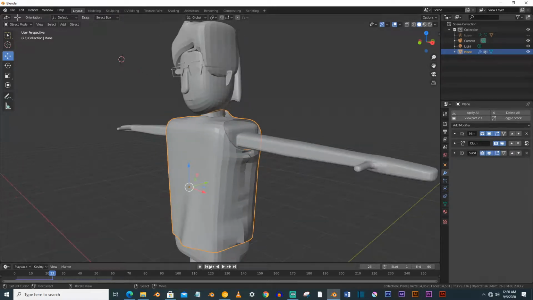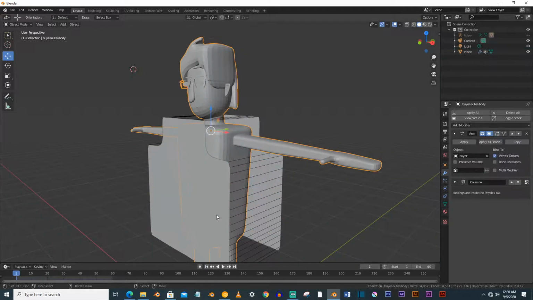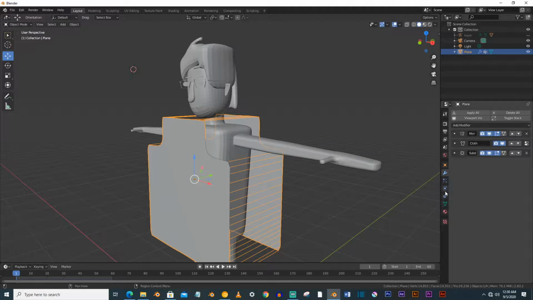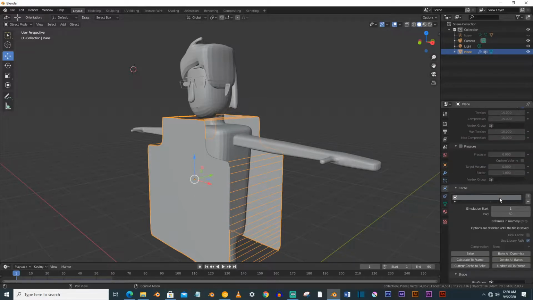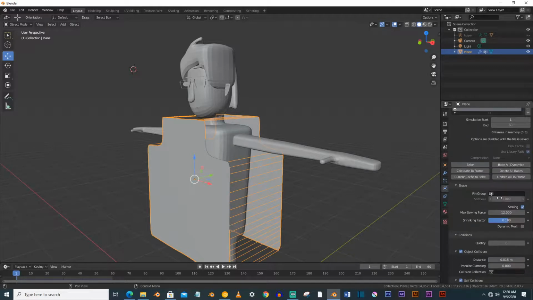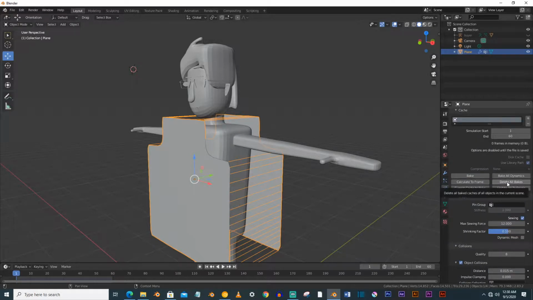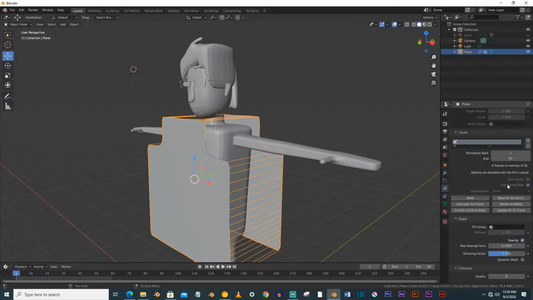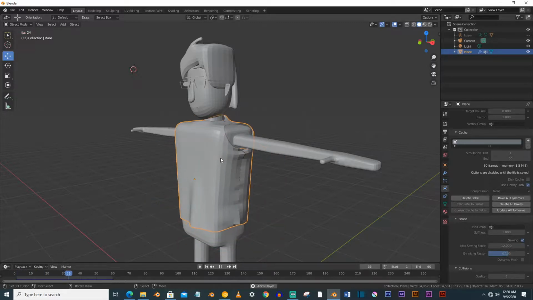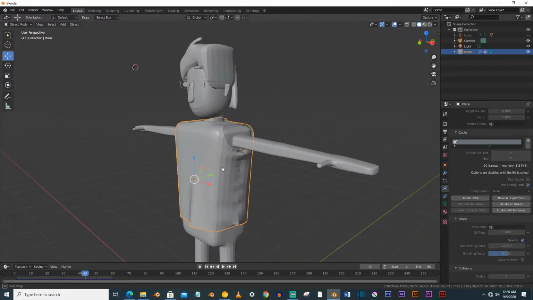You can see that our cloth simulation is done, and you can also bake it by going to the physics tab, and first you have to delete all bakes, and now you can bake all the simulation by clicking on bake, and you can see that it is baking. So it is calculating the simulation, and now you can see that our cloth is done.